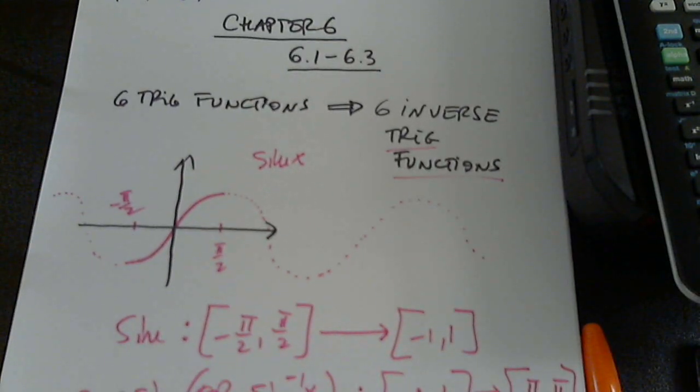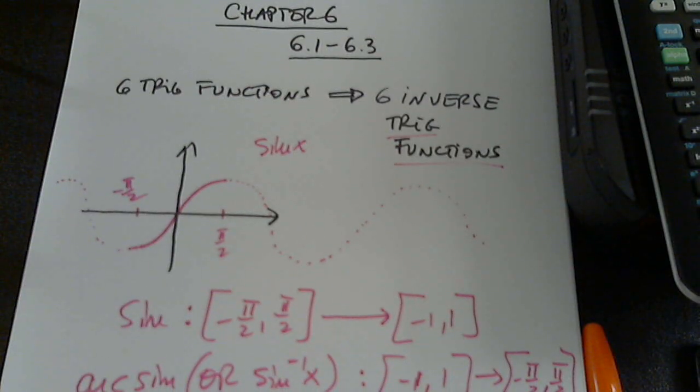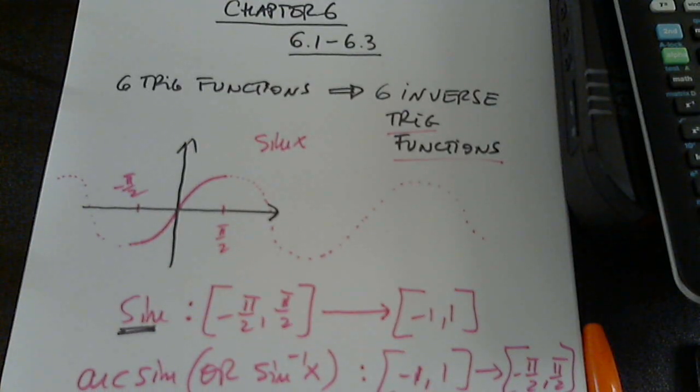Here's how I would like you to remember this situation. Like this. On the unit circle, everything that happens for sine is between negative pi over 2 and pi over 2. This is negative pi over 2, and this is pi over 2, and everything in between. Okay, what am I saying here? And I'm looking at the handout,